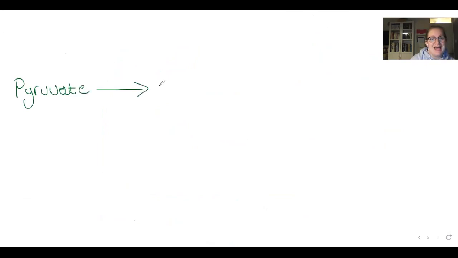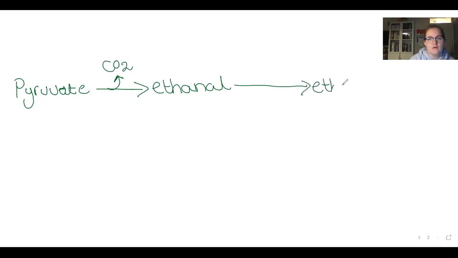It can be broken down to ethanol. When it's broken down to ethanol, it's decarboxylated, so it loses its CO2. Then it becomes ethanol by being oxidized by reduced NADH, becoming NAD. So it's oxidized to make ethanol. Or